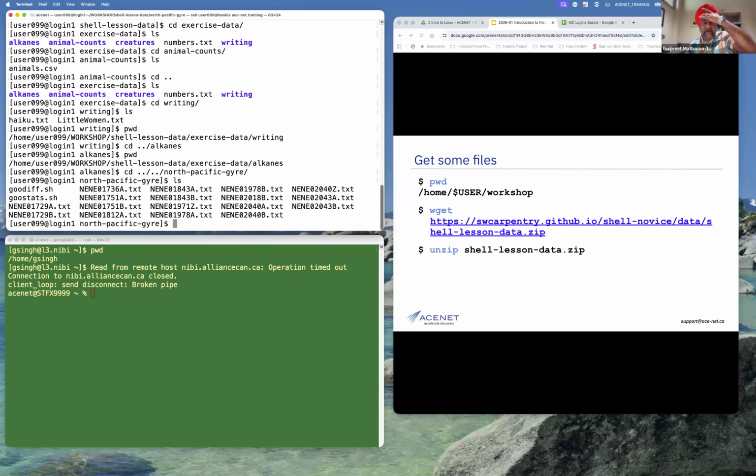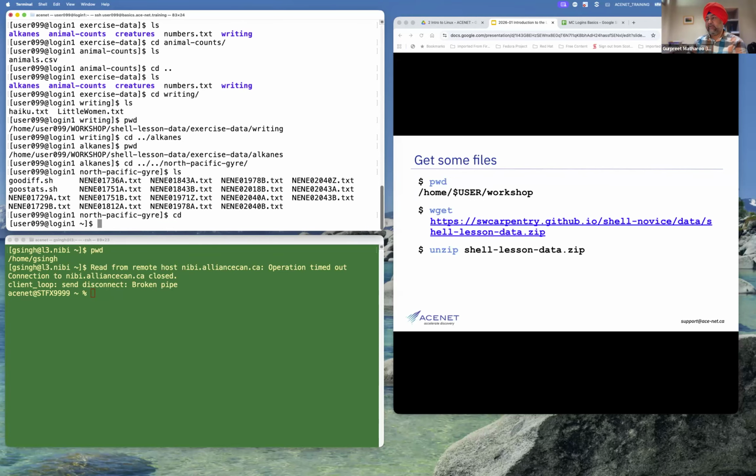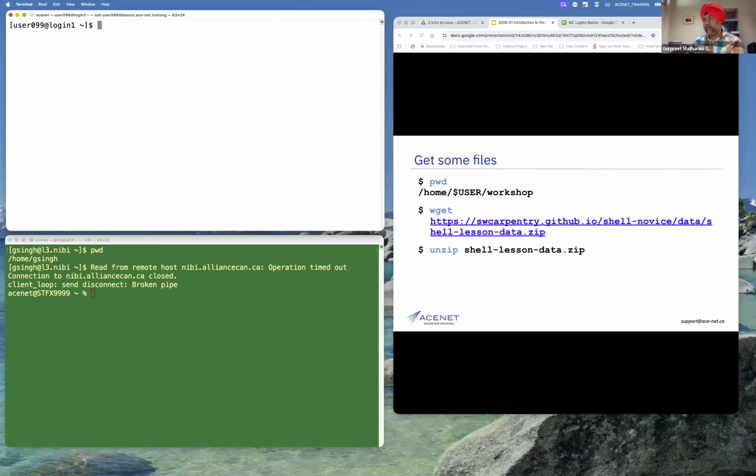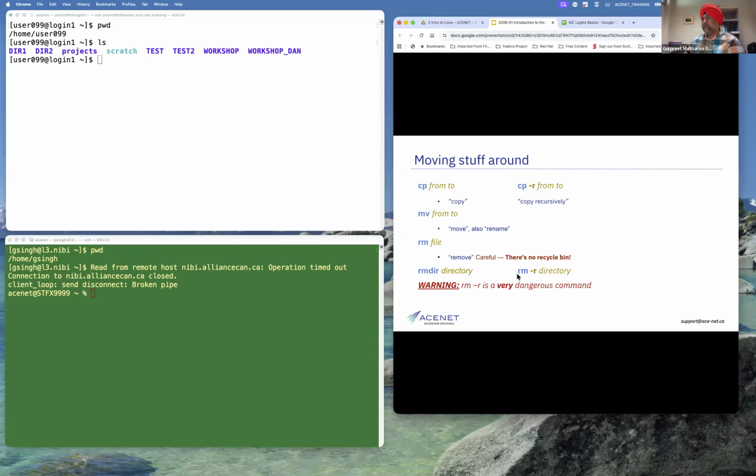Can we make multiple folders? Yeah, thank you, James. That is right. So that's how you can use the cd command to your advantage. And then let me type cd and I'm back to my login directory. And if I do pwd, I am right here again. Okay. So moving stuff around and then removing the directory.